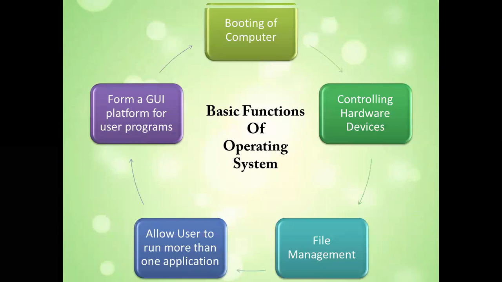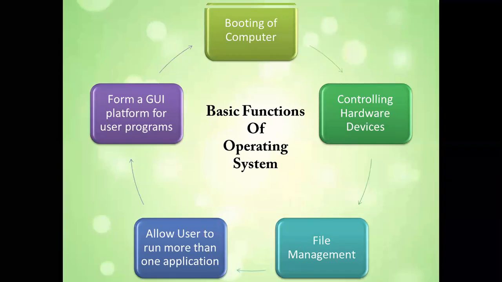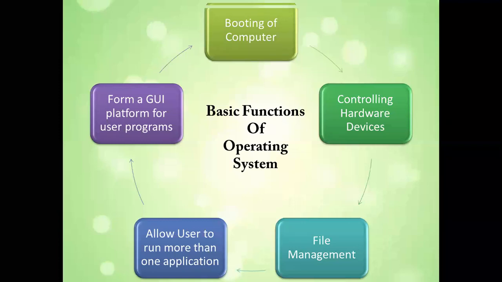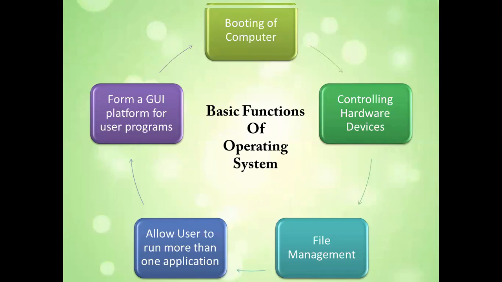Now what are the basic functions of the operating system, what can it do? The operating system does the booting of the computer, meaning it tells the computer how to start and how to turn off, which screen will appear first, what the time and clock will be, and what screen will appear. And if somebody does a right click or a left click, how it has to respond.